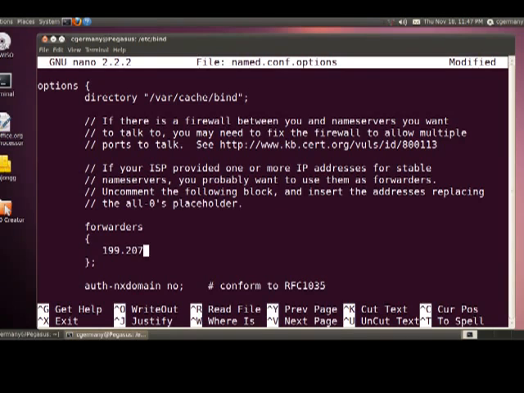And then in that case, they will receive it, and if they don't know where it is, they may pass it on to the DNS servers of my ISP. And my ISP may pass it on to DNS servers at the top level of the internet, set up by IANA. But at some point, we want to be able to forward requests for host names that are not on our network. And so I'm going to do that. 109.207.13.1 is actually